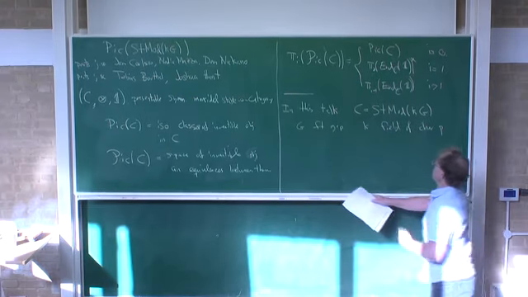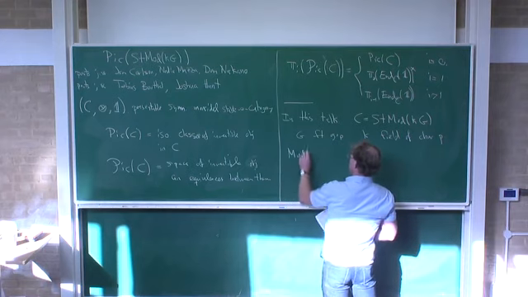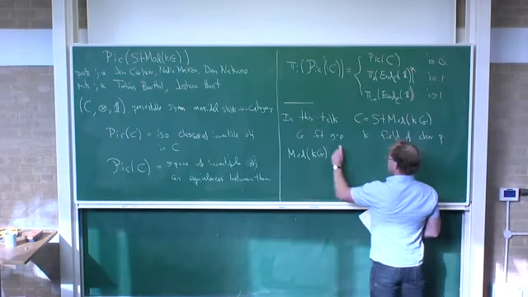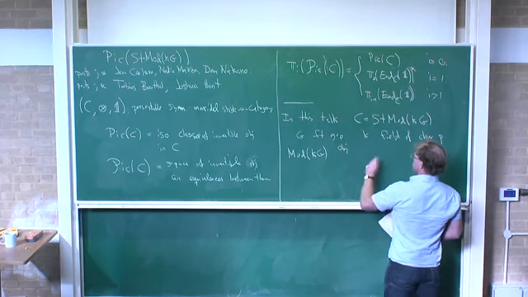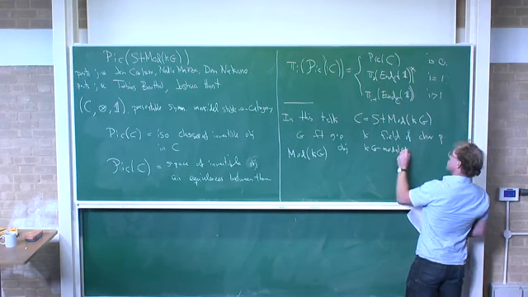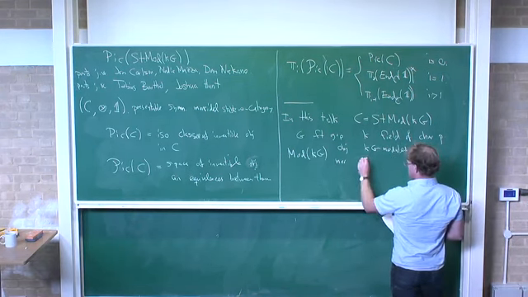That's a fine category. As usual, we have the module category of KG, where our objects are G-modules, and our morphisms